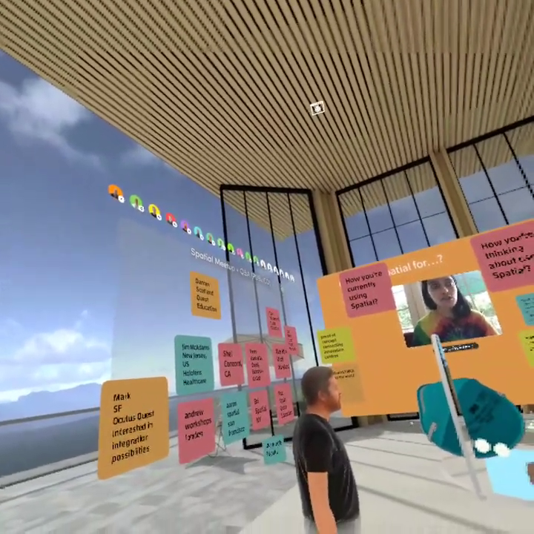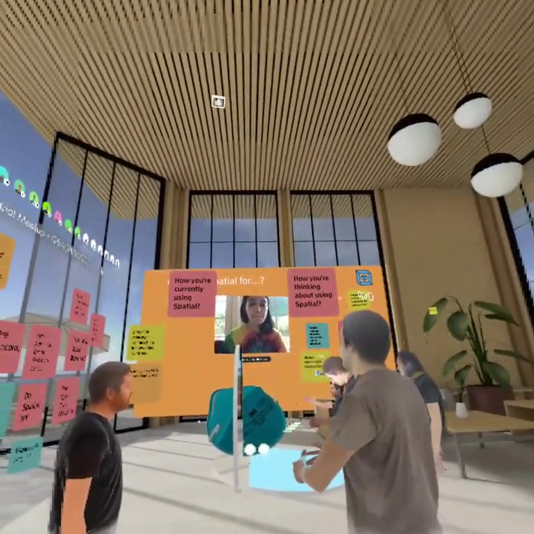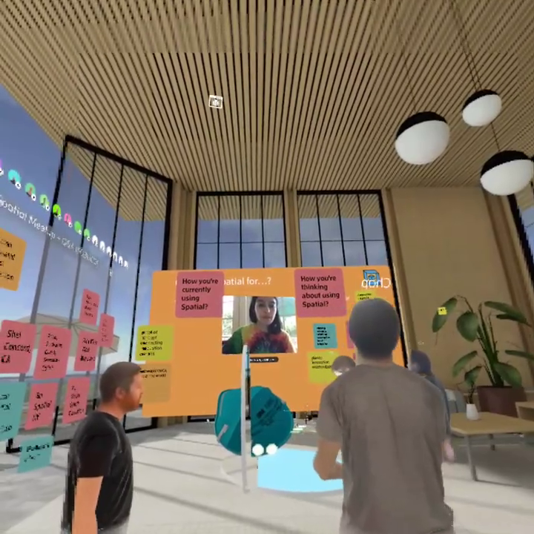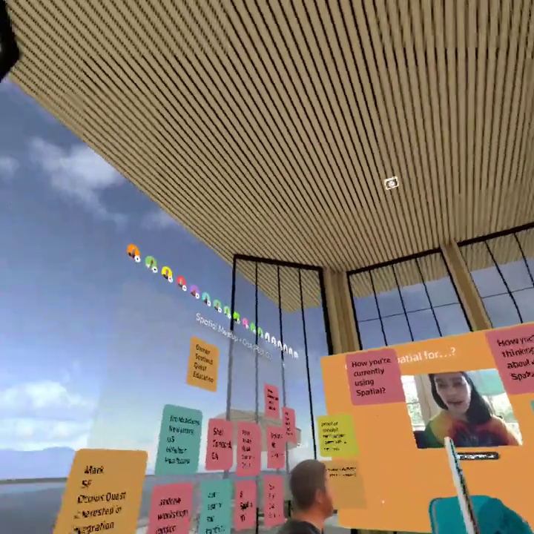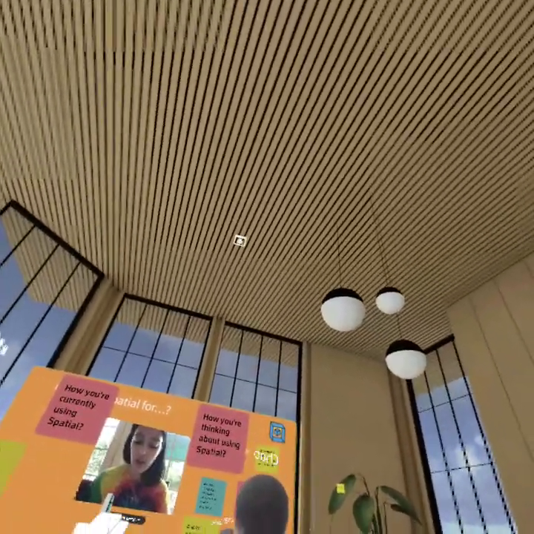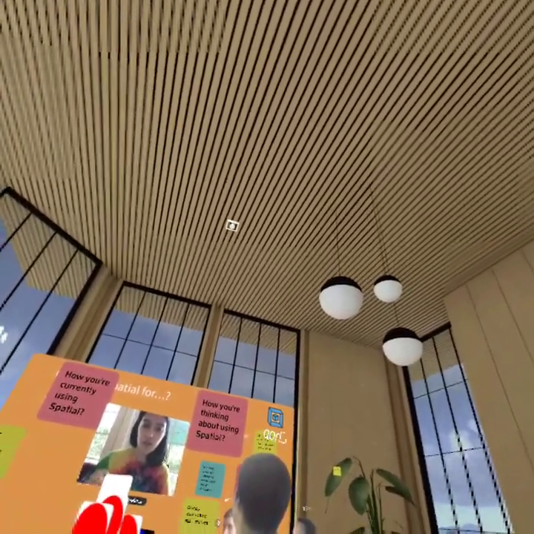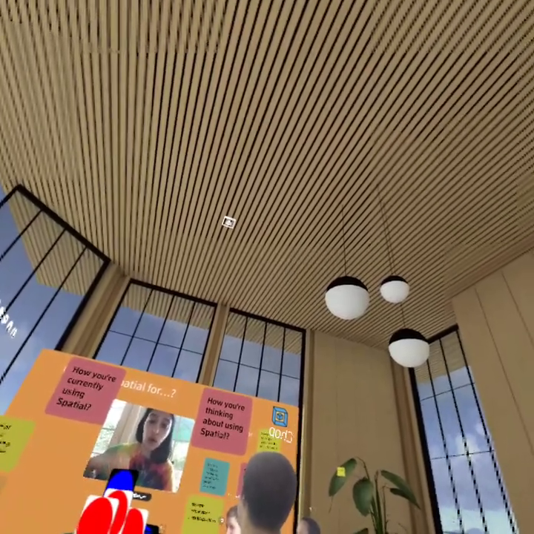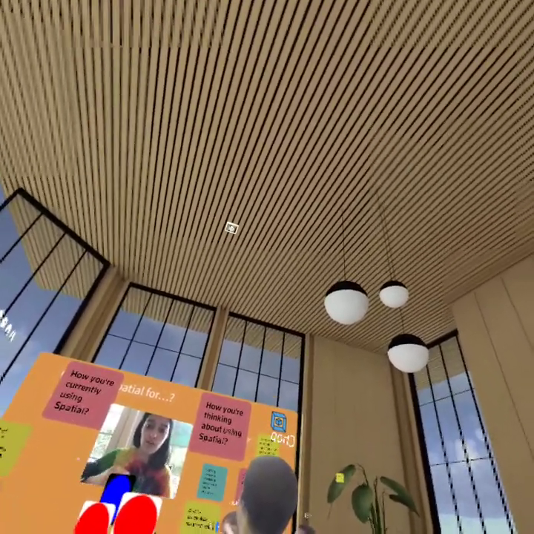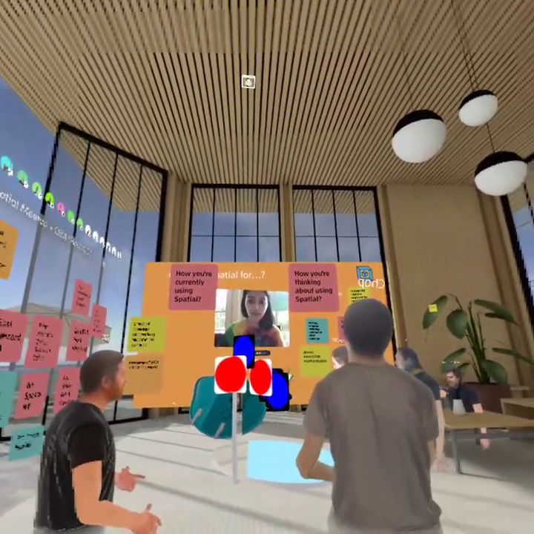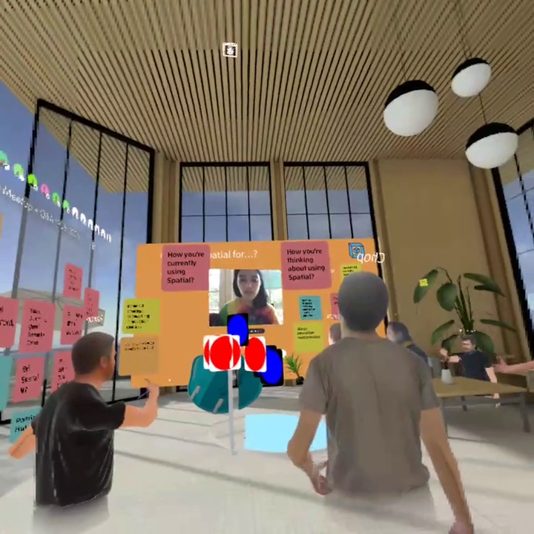And then, is that me echoing or someone else? Okay. So you'll be able to soon draw with a marker onto these notes. So if you'd rather draw your name instead of having to type your name, you'll be able to do that soon.